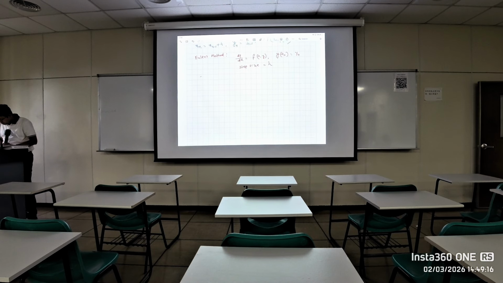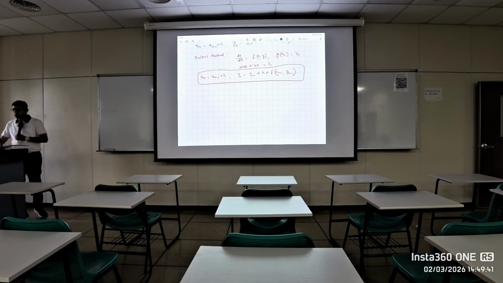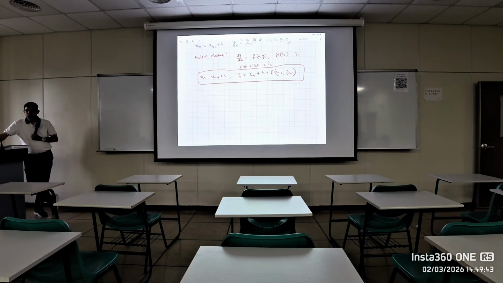And then we can say xn is equal to x(n-1) plus h, and yn is equal to y(n-1) plus h times f, the Euler's method for calculation of